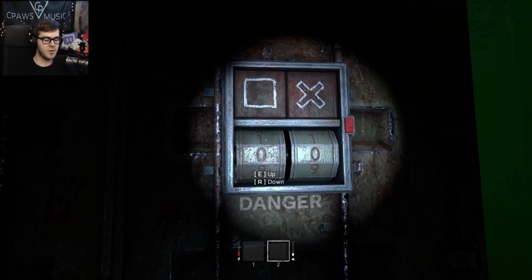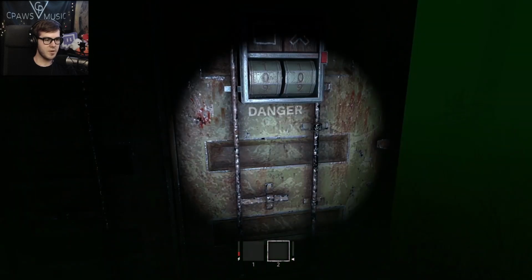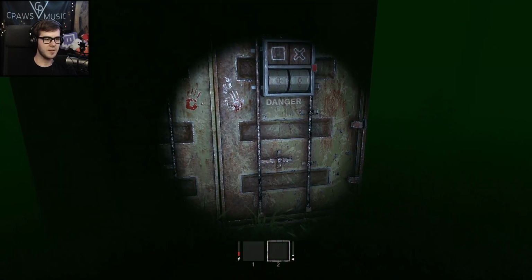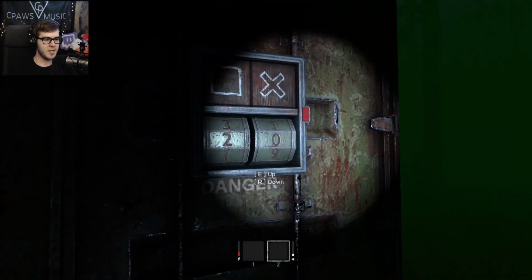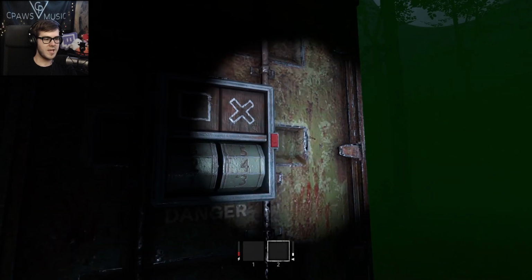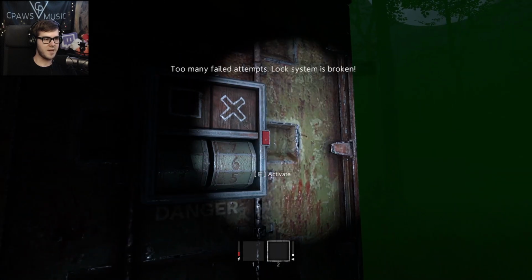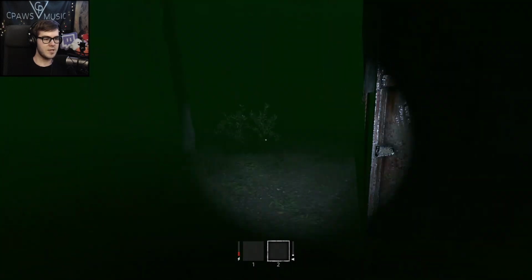But once you find the code here, it'll open up, and then an alarm will go off, and then you can go ahead and grab your guns and start trying to kill the Rake. However, if you actually mess up this too many times, which I'll do right now, it'll lock you out. So you can't just keep guessing. I think you maybe get like 5 tries, and it'll say too many failed attempts, lock system is broken. So you can either win...